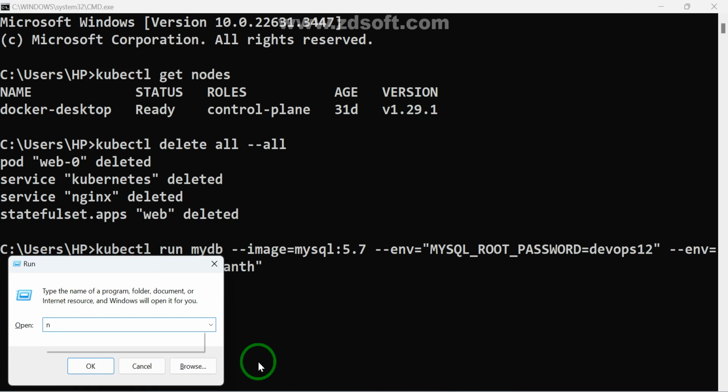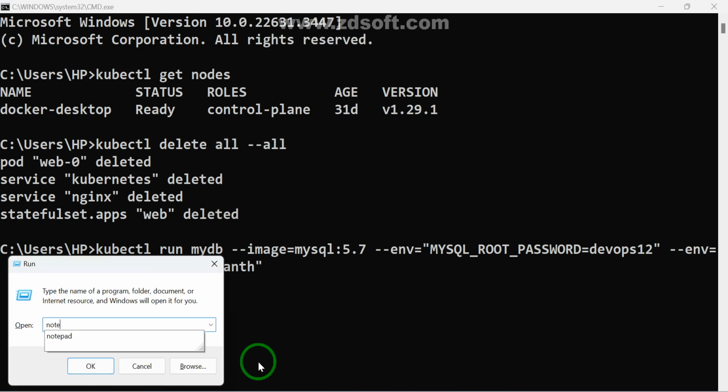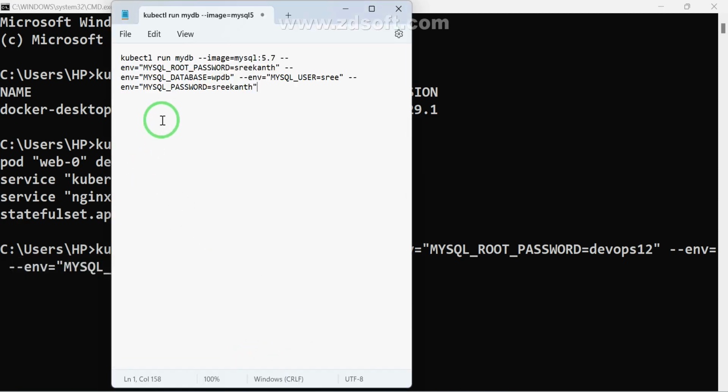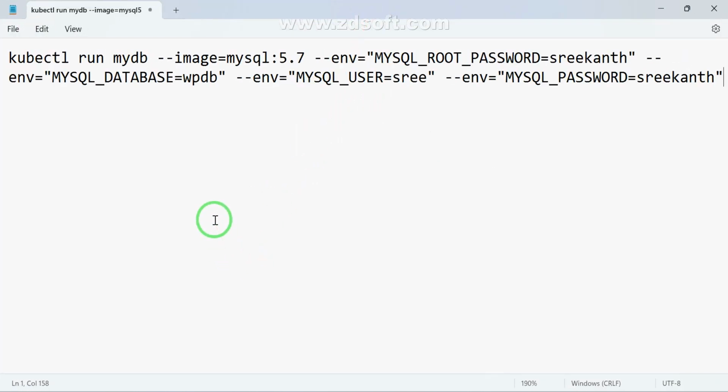Windows key or Notepad. Where I'm trying to adjust, then only I need to paste it. Now please respond. Here anyone can guide me. Now kubectl run, this is okay. MySQL root password, what I am trying to modify is DevOps DevApps